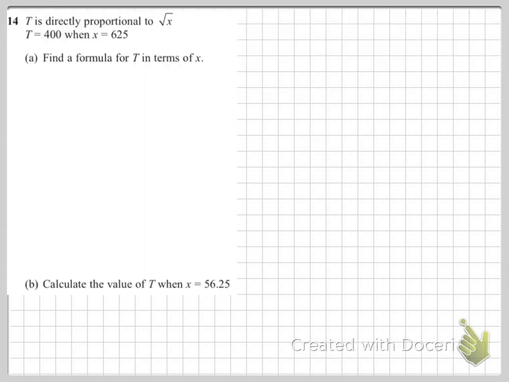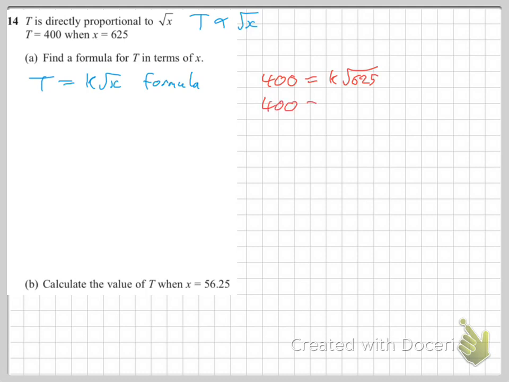Proportion question, nothing particularly unusual here. It's a standard proportion question. T is directly proportional to root x. We write it like that, T is proportional to root x, which we turn into T equals K root x. That is the formula for T in terms of x, except we need to find the value of K. So out the way over here, I'm going to substitute the values of x and T that we're given into that template